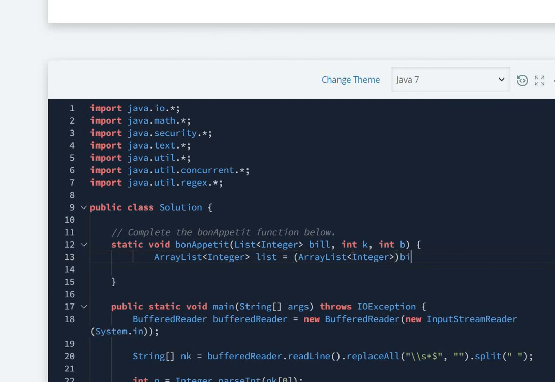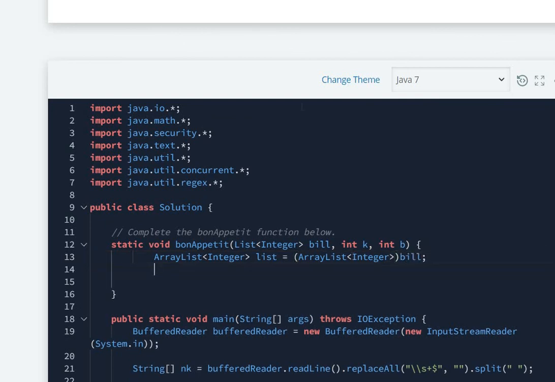And then this bill. Now we are going to remove that index from this list which Anna is not going to eat, that is k.